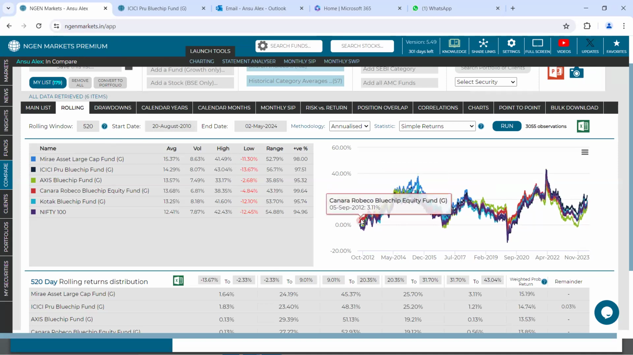Now, let's say I just hover my cursor on the very first data point right here. So this says iPro Blue Chip Fund, 17th August 2020, 3.9. Meaning, if any investor would have invested in iPro Blue Chip Fund exactly 520 days prior to 17th August 2020, so that would be our start date, 20th August 2010. So the time gap between 20th August 2010 and 17th August 2012 is exactly 520 days, a 2-year time duration. So the return generation by that specific investor investing in iPro Blue Chip for a total of 520 days would